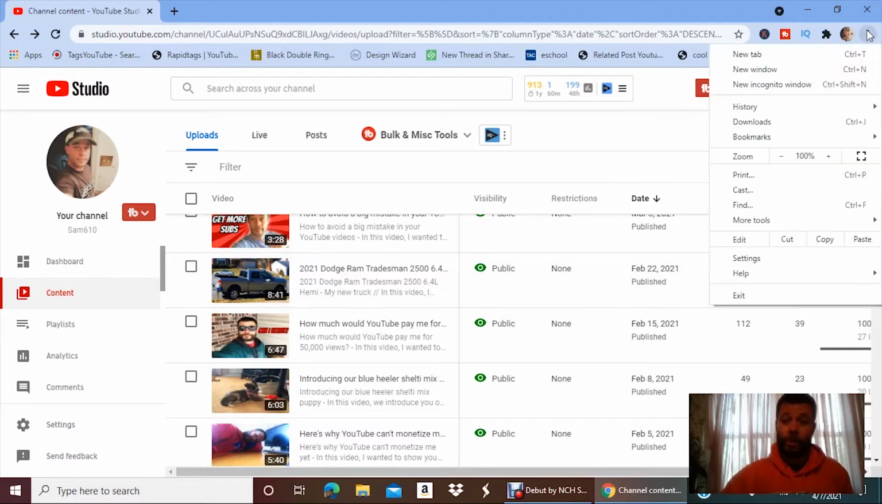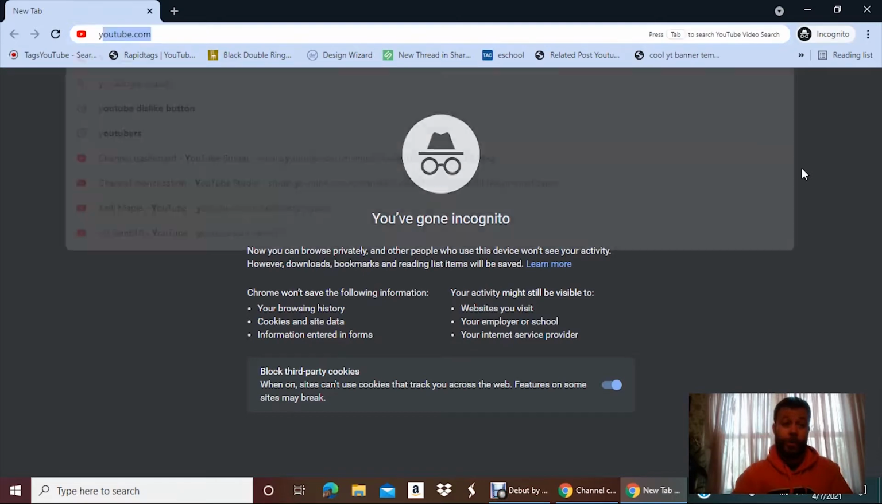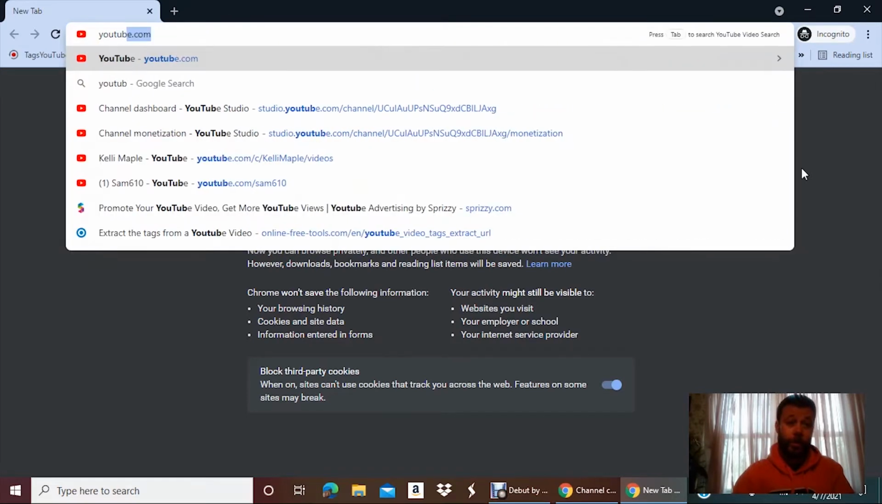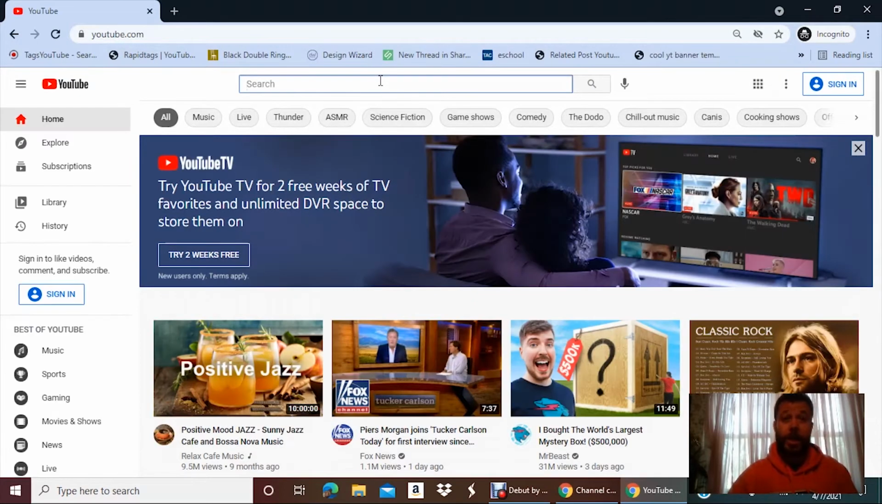So what I'm going to do is go into a new incognito window, and the reason we're doing that is because YouTube saves your searches. So if you go to YouTube search and it finds out what you're previously looking for, it might add to that. And this is just going to be a clean cut way of finding out exactly what people are searching for on YouTube. So we're going to go to youtube.com, and basically you want to start out